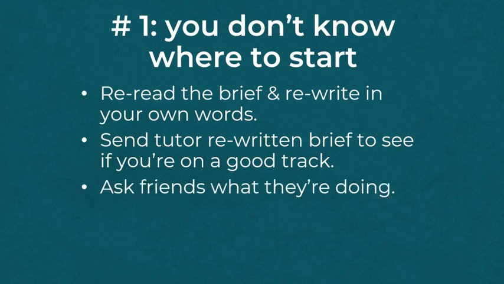You can also ask friends what they're doing. They won't always be on the right track, but by seeing what everyone else is doing, you can kind of gauge what's going on, right? Like there's that old saying, if you think one person is an asshole, then they're the asshole. If you think 10 people are assholes, then you're probably the asshole. So it's all about just seeing sort of what the majority is doing, and then not necessarily following that if you think it's incorrect, but it's probably a good indicator of what people should be doing.